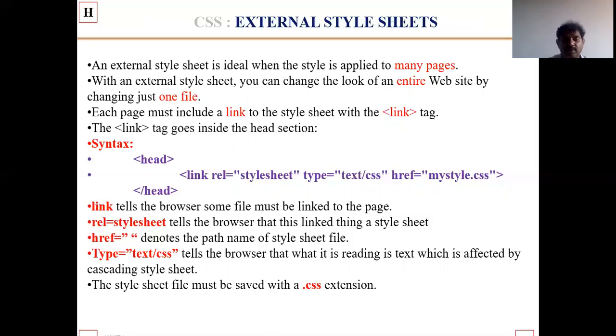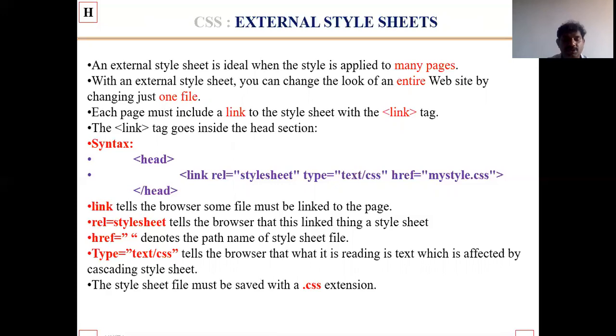Syntax: head, link rel equals "stylesheet", type equals "text/css", and href equals "mystyle.css", and slash close. Link tells the browser some file must be included in the page.